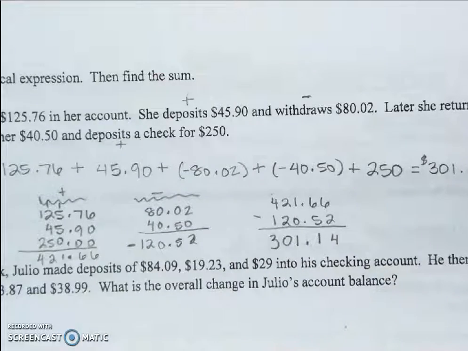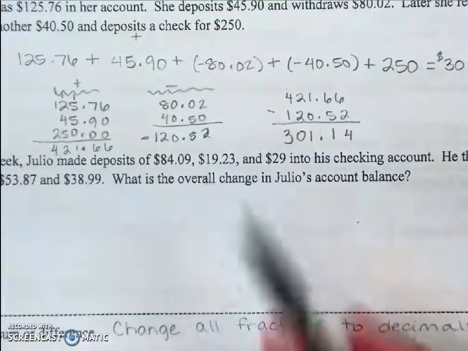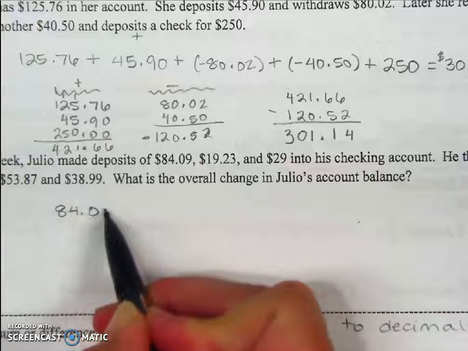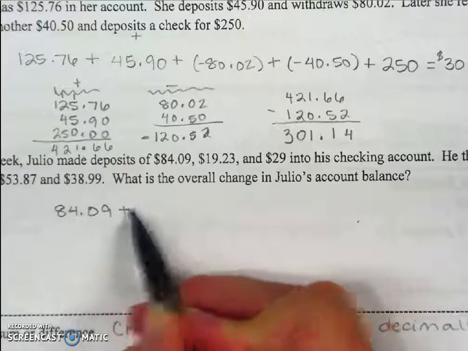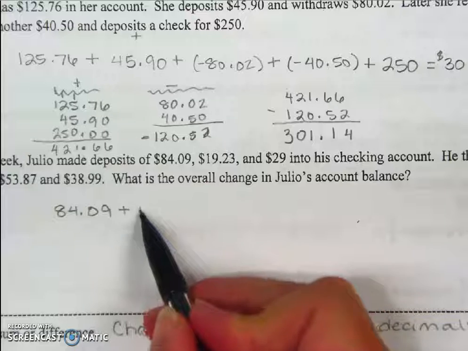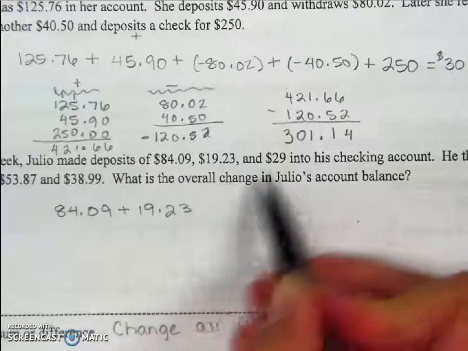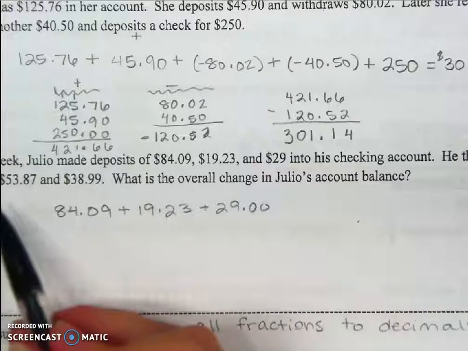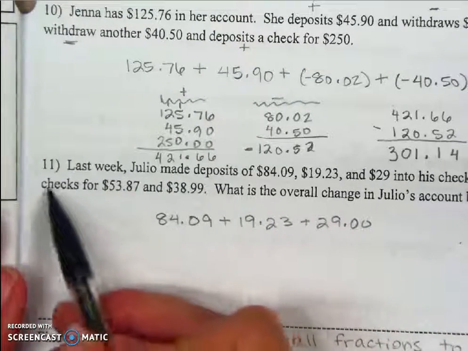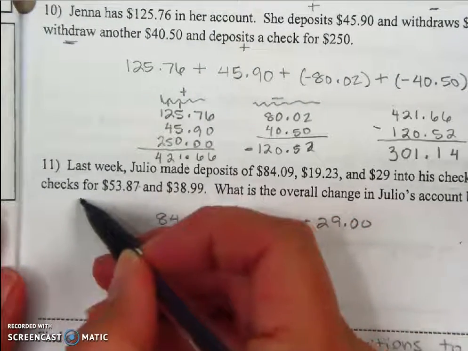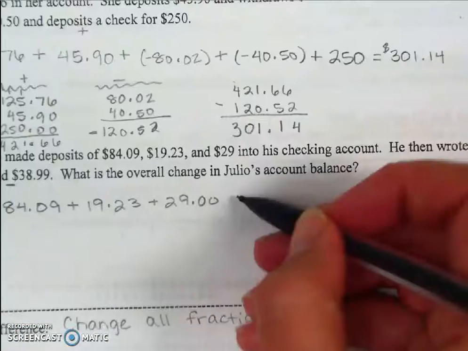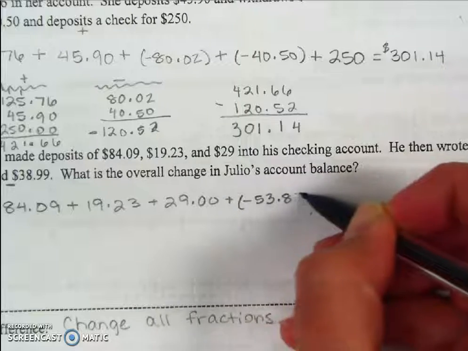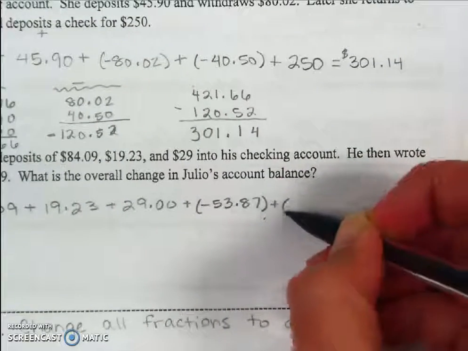All right, let's go ahead and try that with Julio. Made deposits of $84.09. So remember, deposit means positive. $84.09. And then, that's another deposit, $19.23. And that's another deposit, $29 into his checking account. He then wrote checks. So when you write a check, he then wrote checks for these amounts. Checks are taking money away from your account. So that means we're going to add a negative $53.87 and negative